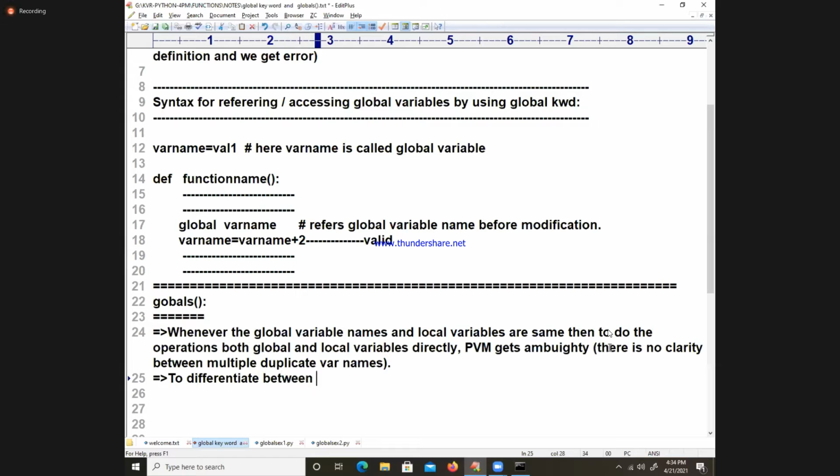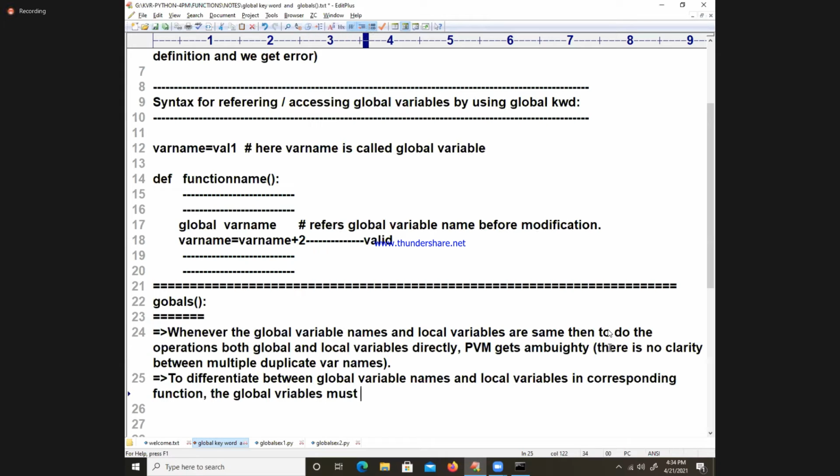Now, to differentiate between local variables and global variables in the corresponding function, the global variables must be retrieved or extracted by using the globals function.